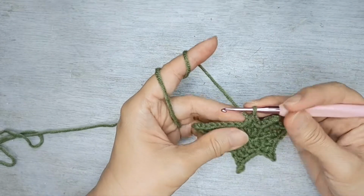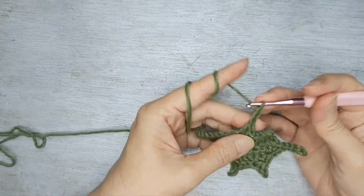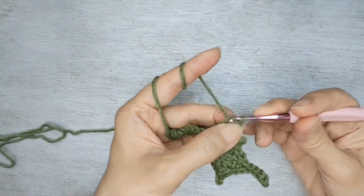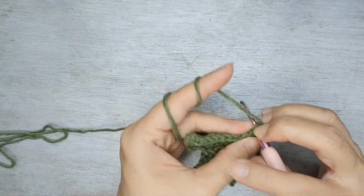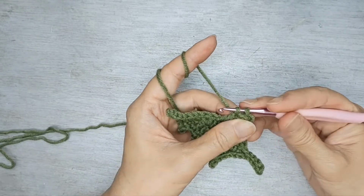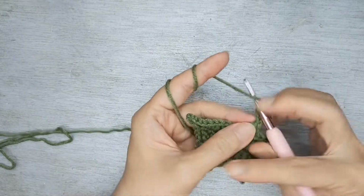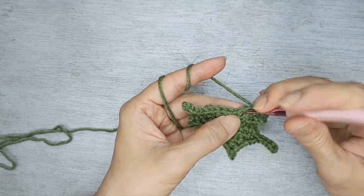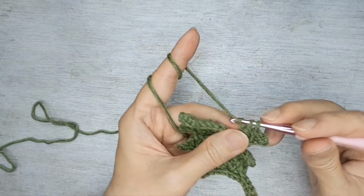So here we did a double crochet, we're going to chain 3, second chain from the hook, we're going to slip stitch, and first chain, or the first one that we made, the chain 3, we're going to do a single crochet. Now we're going to double crochet between the double crochet and the single crochet, and do a double crochet,